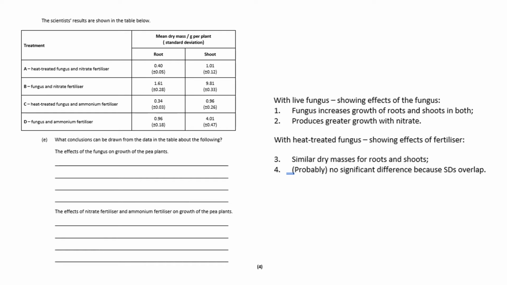So you'd be looking at comparing A with B and then comparing C with D. So if you look at the heat-treated fungus and the nitrate fertilizer compared with the living fungus and the nitrate fertilizer, you can